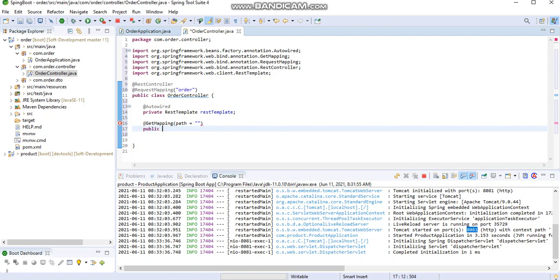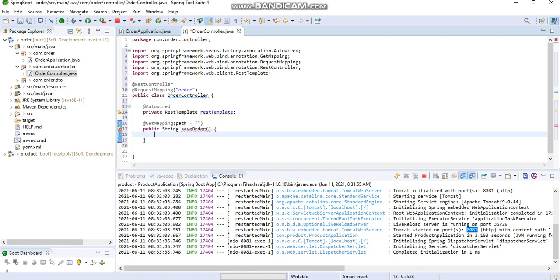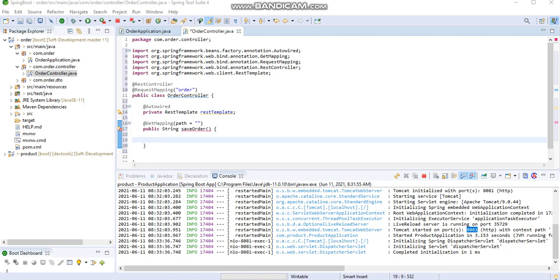Here I will create a public method with the signature saveOrder, and from here I'll call the product method of the product service's controller.